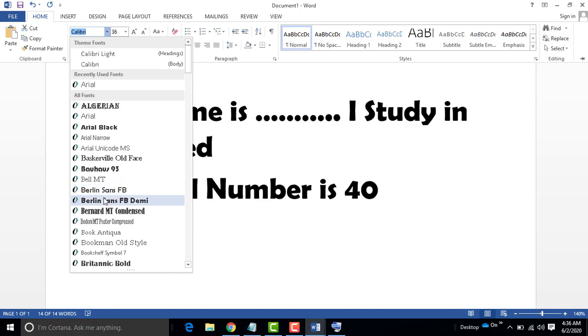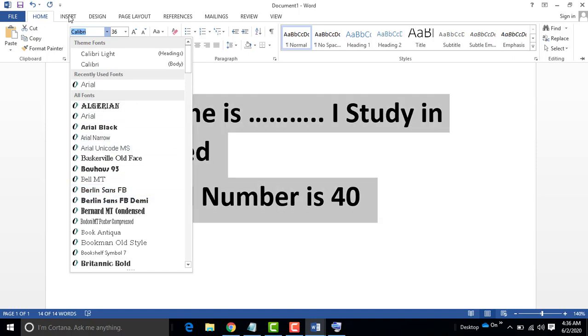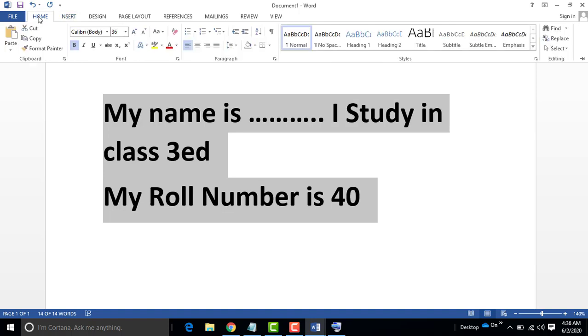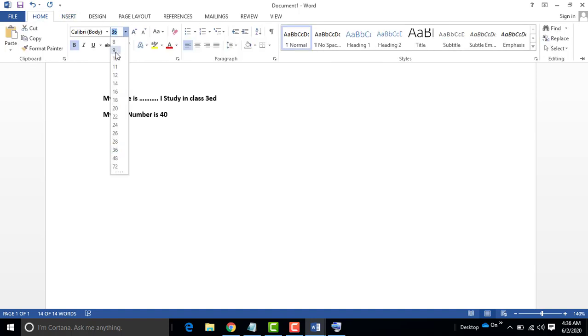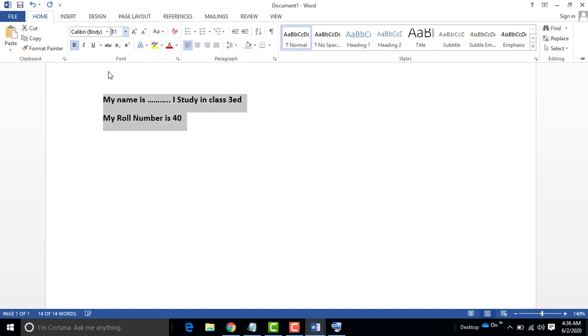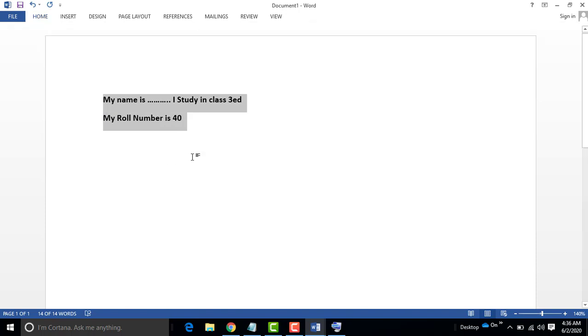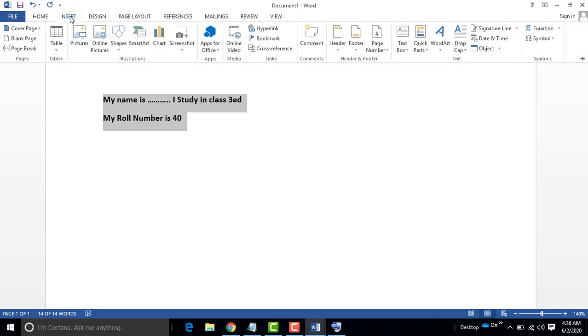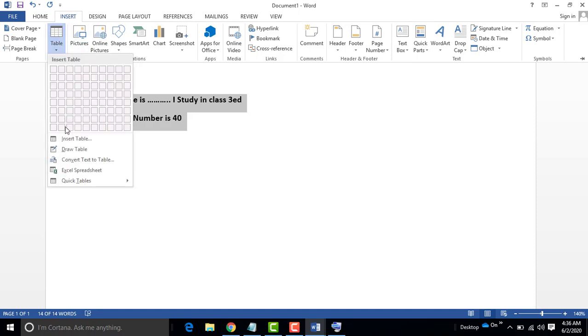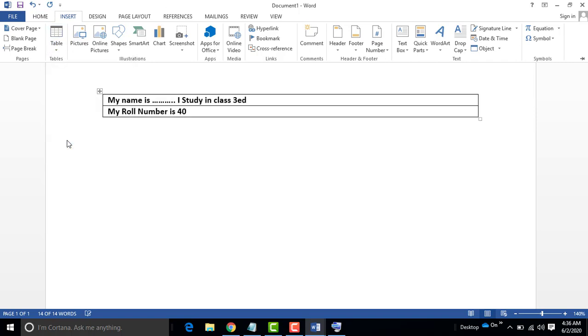And if you want to insert anything in this, I'm going to decrease the size here, this is 11 or 9, okay, 11. If you want to put something in this, then you go to the insert button, and here you see many options in this toolbar. If you want to create a table, then you go here, and whichever table you want to insert, you go to insert table.